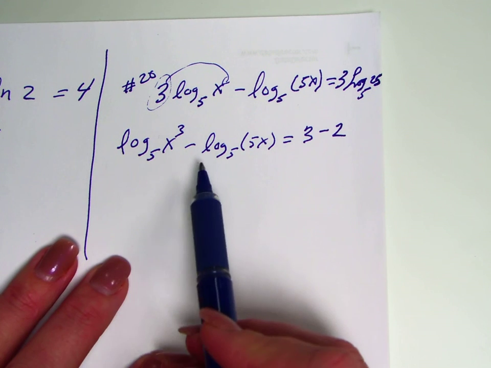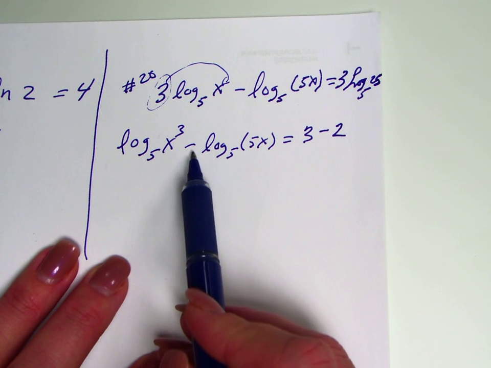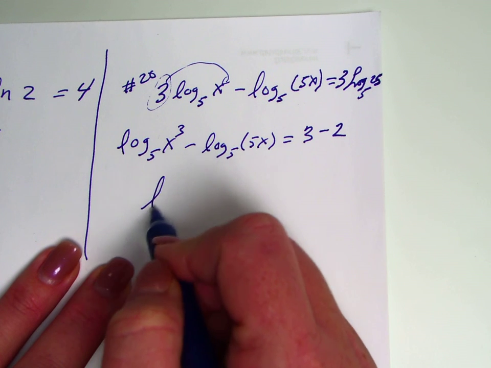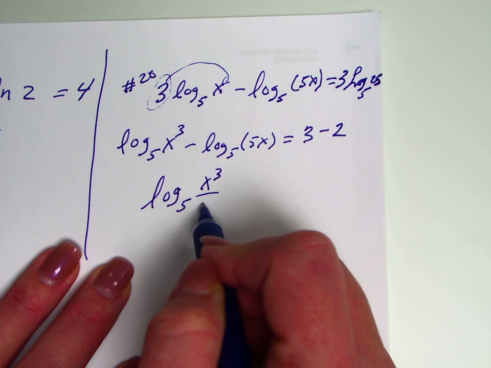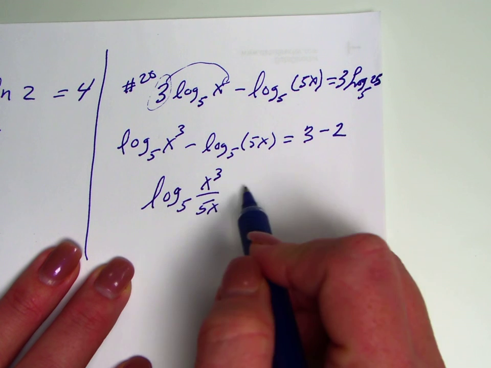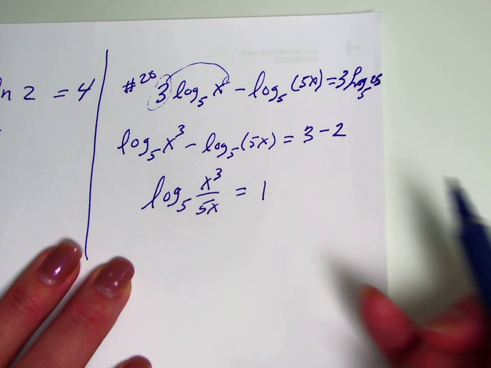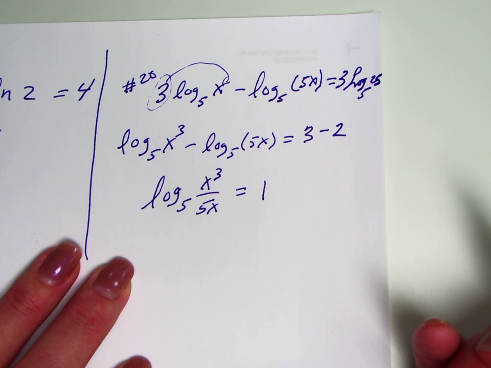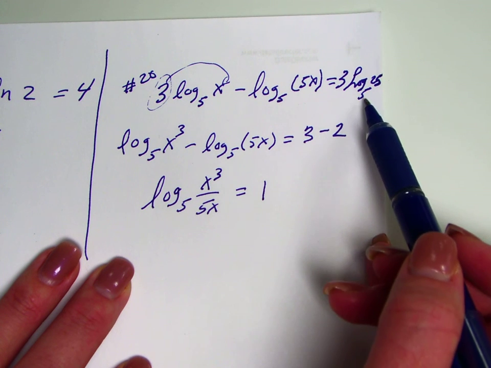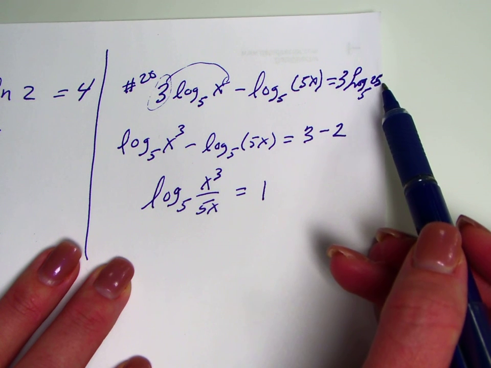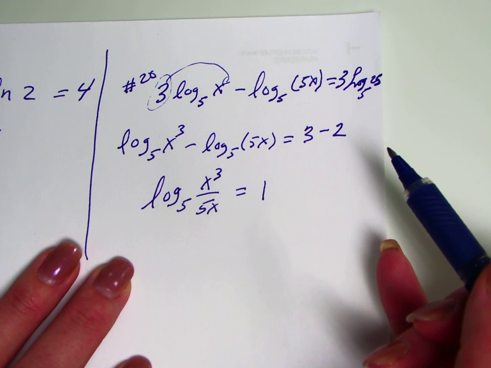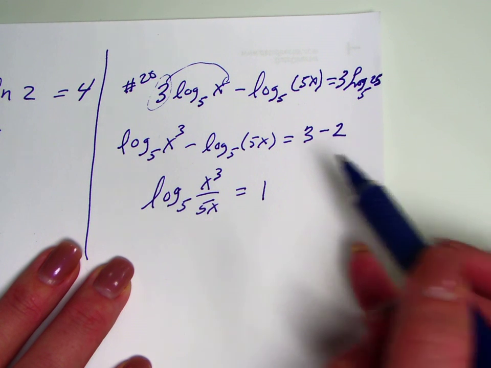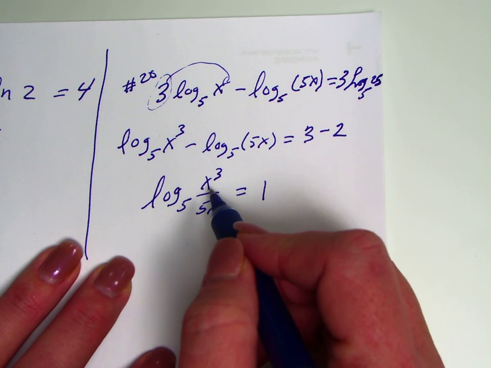I'm going to keep condensing now. Since I have a negative, I'm going to divide, so I'll make it one log. So I have the log base 5 of x to the third over 5x, and that equals 1, because the log base 5 of 25 is 2. So now